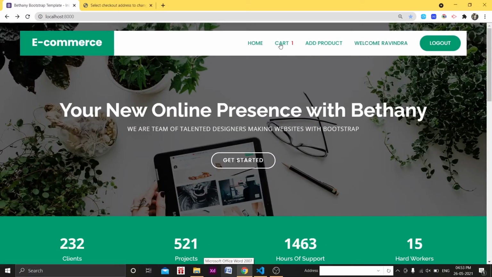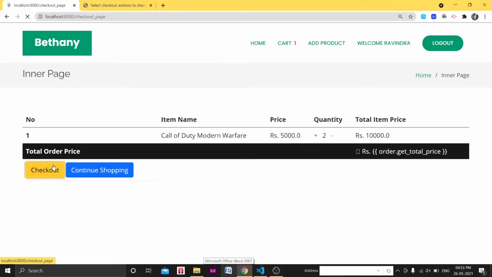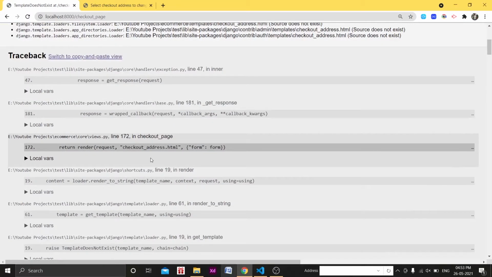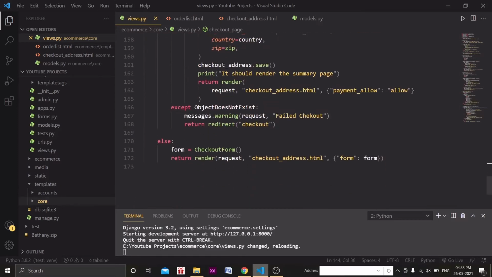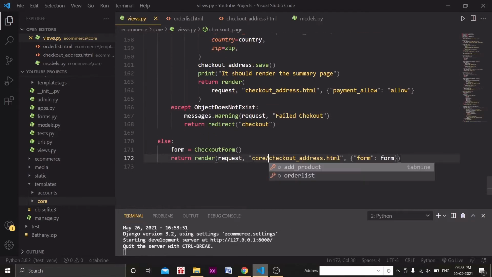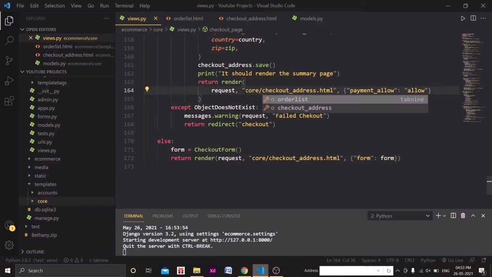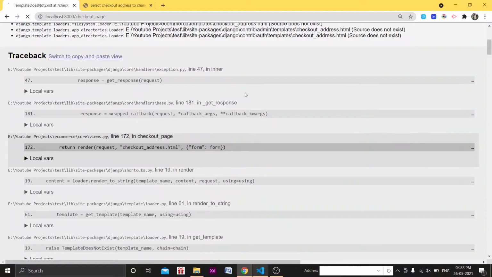So let's go to the cart, and when we click on this checkout, why is it giving me an error? Okay, so we need to add a slash. Similarly, it is under the core folder, right? So that's why we need to add a slash. Now it should work. Let's reload this.